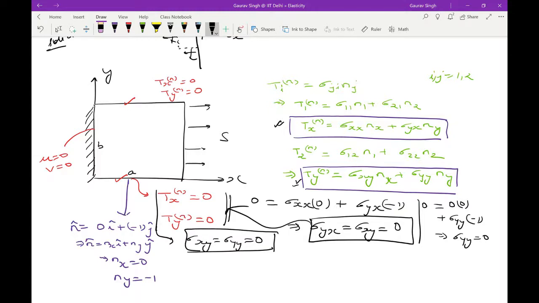Now, what is the n on this face? That would be 0 i cap plus 1 j cap. That would mean that nx is equal to 0, ny is equal to 1. So now we want to write this expression for